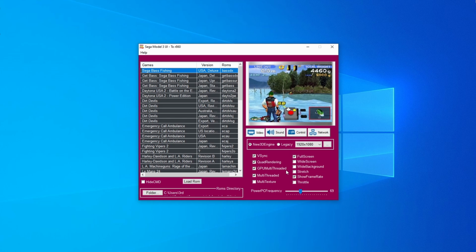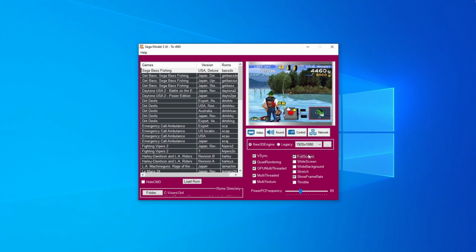Now let's go over the video settings. All of the settings that you see on screen here are the settings that I absolutely recommend, apart from your resolution. You might have a different resolution screen, so just set that accordingly. Now do keep in mind, this resolution will be how it appears in windowed mode also. So if you have full screen turned off and you launch a game, it will just still be at this